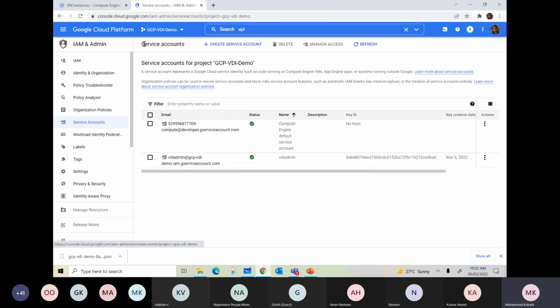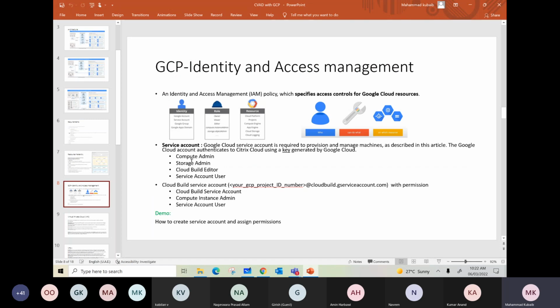So this is related to the permissions and IAM roles. What are the roles required? If you want details on what these are and what they do, you can go to the Google documentation. They have very good documentation. It will explain what compute admin is and what it can do. In Azure terms, compute admin is, I believe, Virtual Machine Contributor. Yeah, so that role. So this is how it